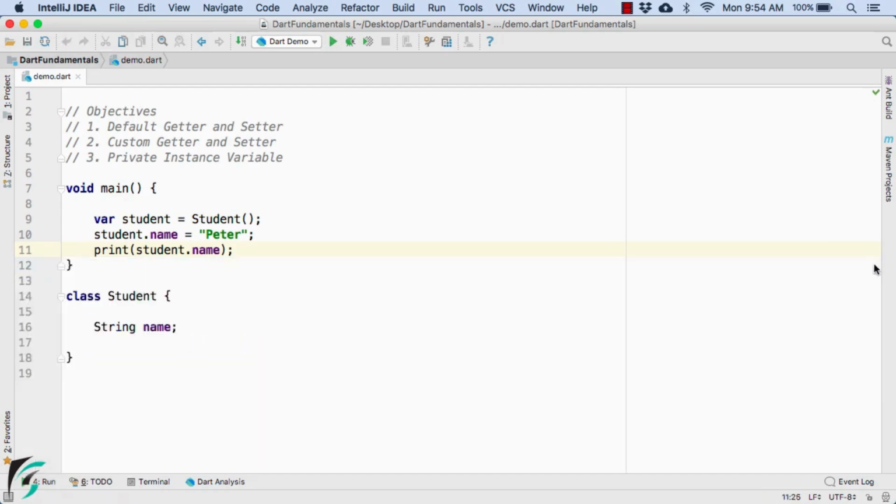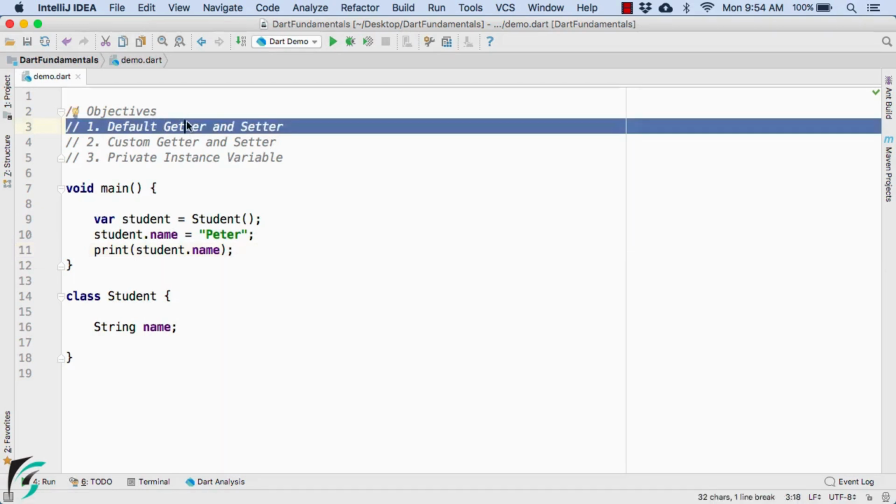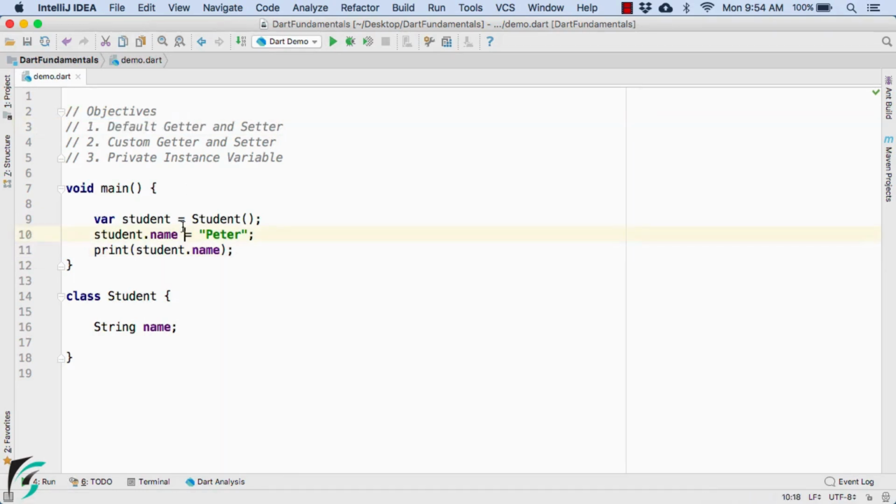Now you must be thinking, where is the concept of default getter and setter? So let me tell you one thing. In Dart, whenever we define any instance variable, suppose this is our instance variable, then this variable will actually act as the default getter and setter for this instance variable. Such that by using student.name, we are actually using the setter here. And then by using student.name again here, we are actually using the getter to get the value stored in the